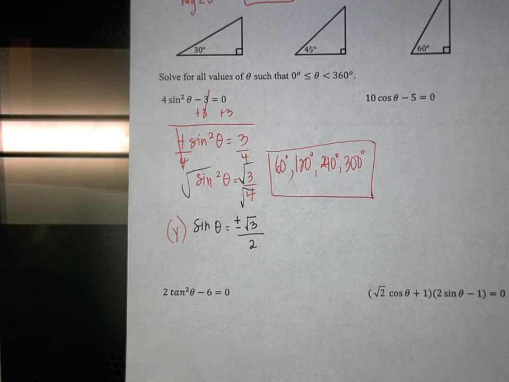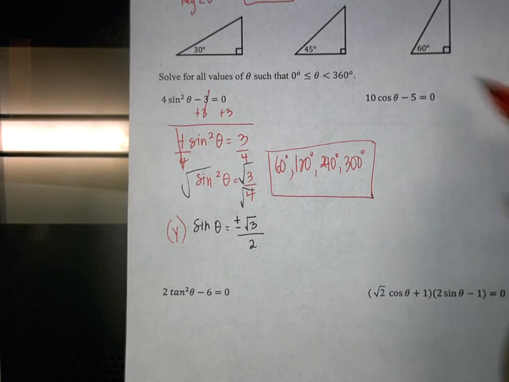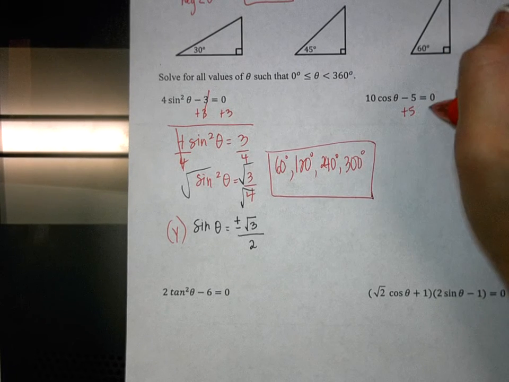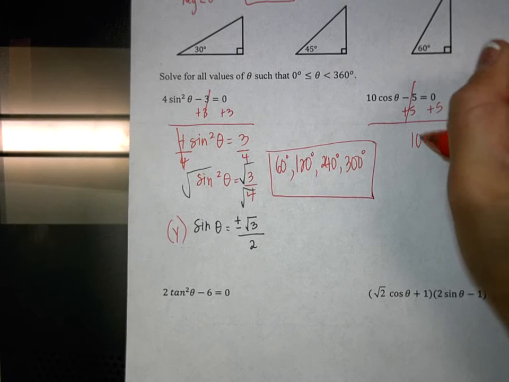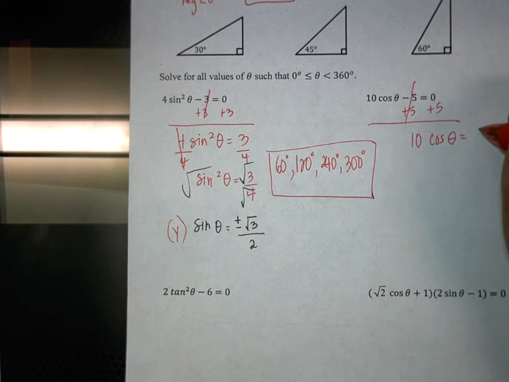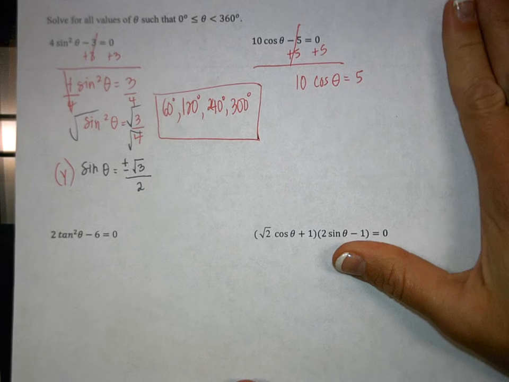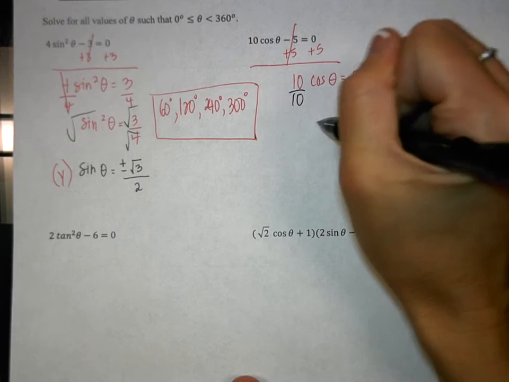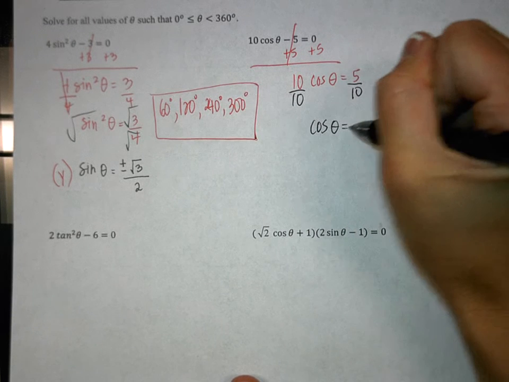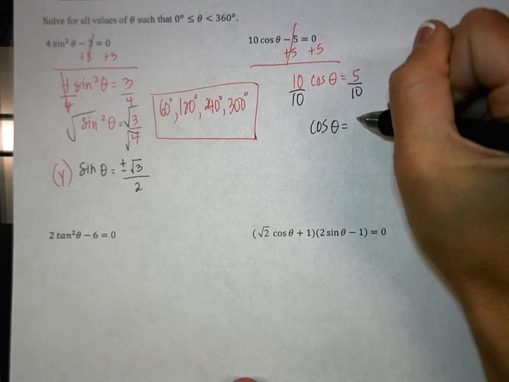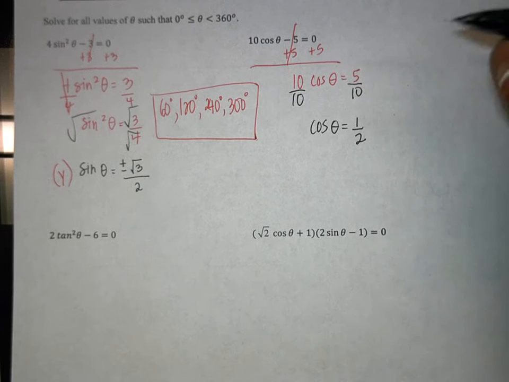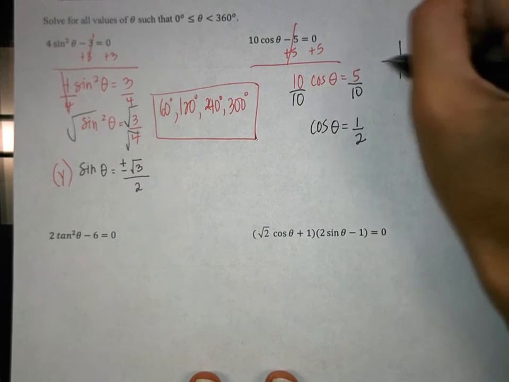Okay, no questions? Okay, so same thing here. We want to get our trig function by itself. So first thing I'm going to do is, good, add 5 to both sides. I have 10 cosine theta equals 5. What will I do next? Very good. Divide by 10 to both sides. And I get cosine of theta equals, good, 1/2. Now, am I going to take a square root here? No. So cosine is positive,